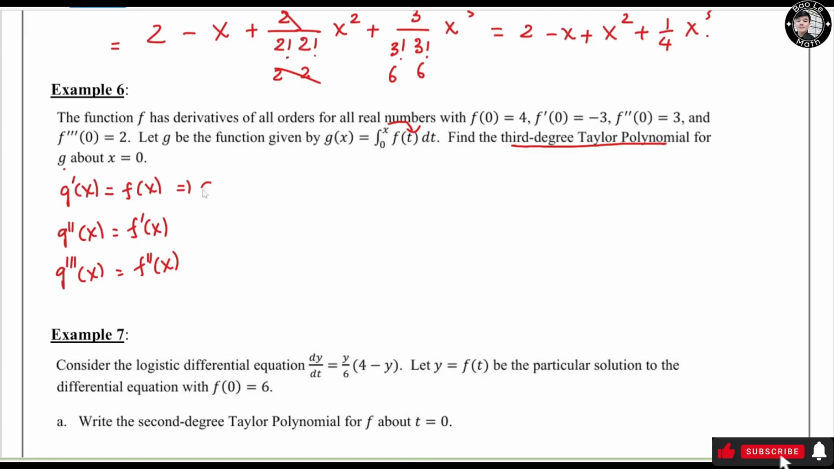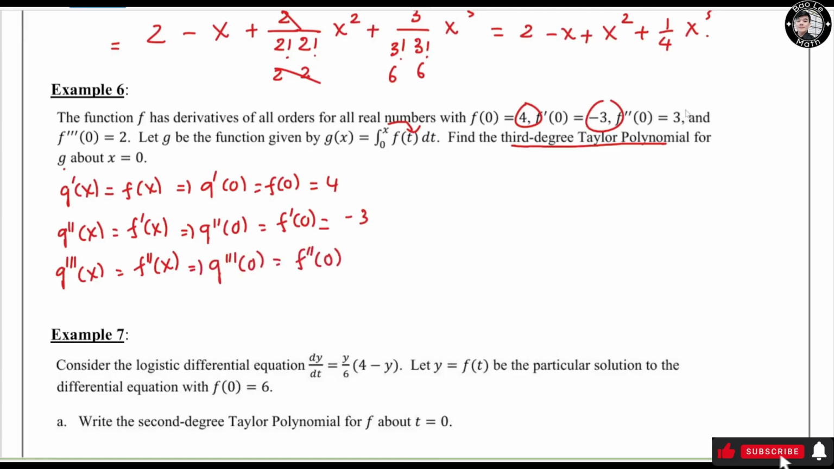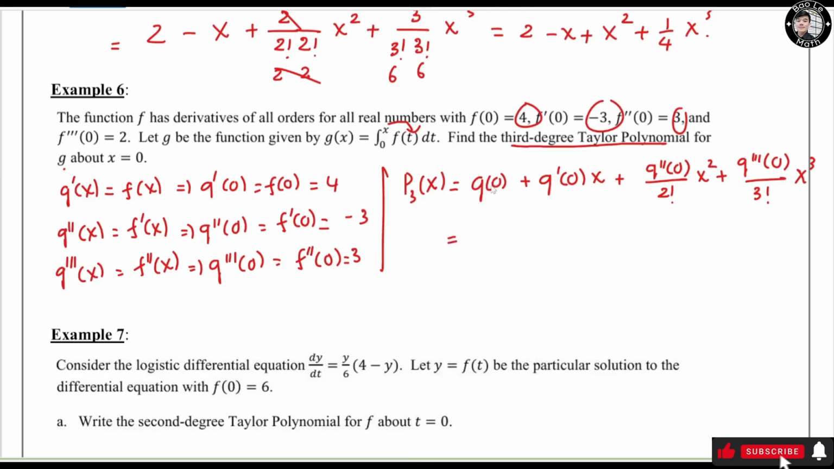Now we need to calculate g prime of 0 equals f of 0, f of 0 equals 4. g double prime of 0 equals f prime of 0, which is going to be -3, and g triple prime of 0 equals f double prime of 0, which is going to be 3, right? So we have the third degree Taylor polynomial for g about s equals 0, so it could be the Maclaurin series. So p3 of s equals, now we plug in values, g of 0 is going to be this guy